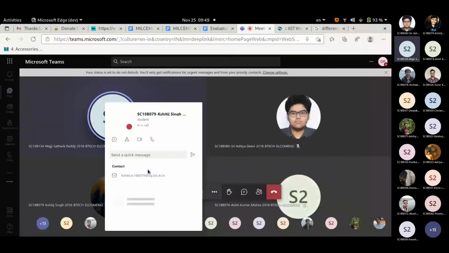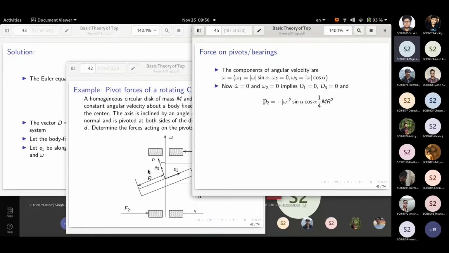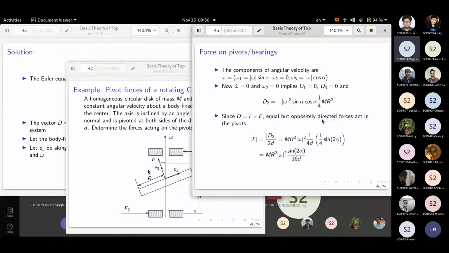So you have to imagine, this is not a flat thing. It is actually a circular bearing. I have only shown the section. So wherever that E2 is, it is always trying to push the bearing. Are you able to imagine that? And the magnitude of the torque is D2. Because of this misalignment, the higher the angular velocity, the larger this torque is. It is also dependent on the alpha angle. You can simplify that as sine 2 alpha and everything.